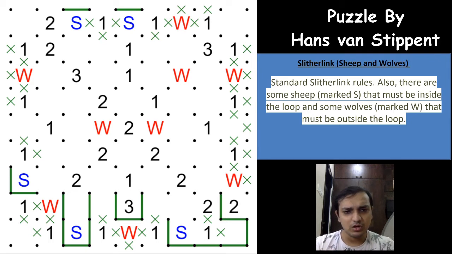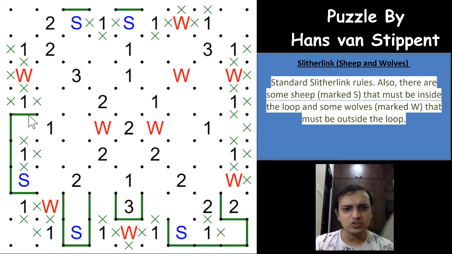Superb. One more excellent logic here is, if this loop segment goes towards the right, this will go towards the right, and the 2 has only one possible combination available, that will form a closed loop again here, right? Which means that this loop segment cannot go towards the right, it has to go up, and that we can mark a cross here. It will again go up, continue here, so again mark a cross here.